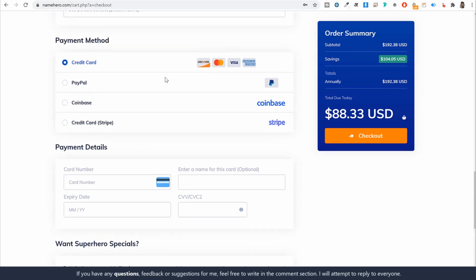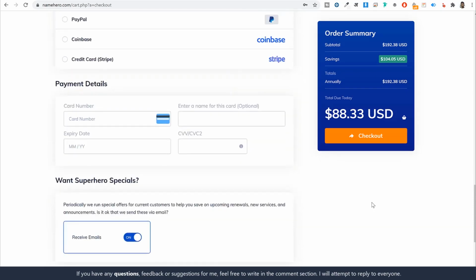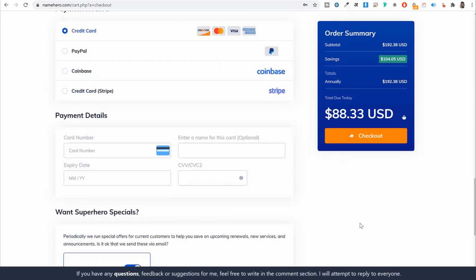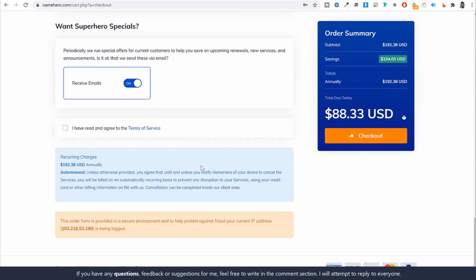Just make sure to see this thing that only 4 types of cards are accepted over here: Discover, MasterCard, Visa and American Express. Now the reason I'm saying this is because most of the people in India have a RuPay card, and that card is not accepted over here. That is a domestic card. So if you have a RuPay card or any other card, you can visit your bank and upgrade your card to Visa or a MasterCard. Once you do that, you can come over here at the bottom, tick mark this and click on